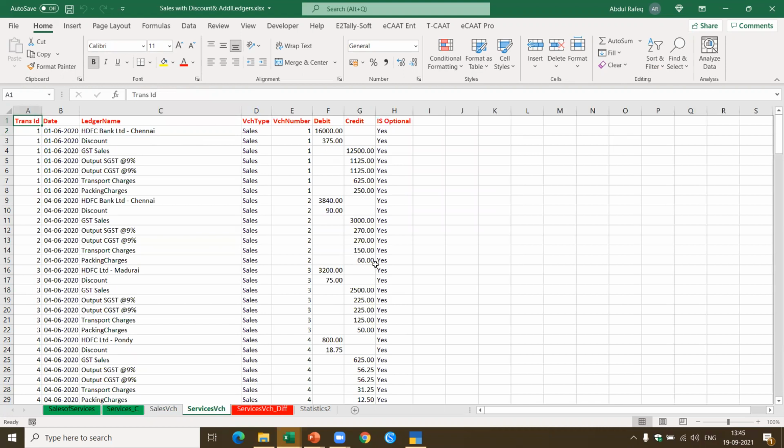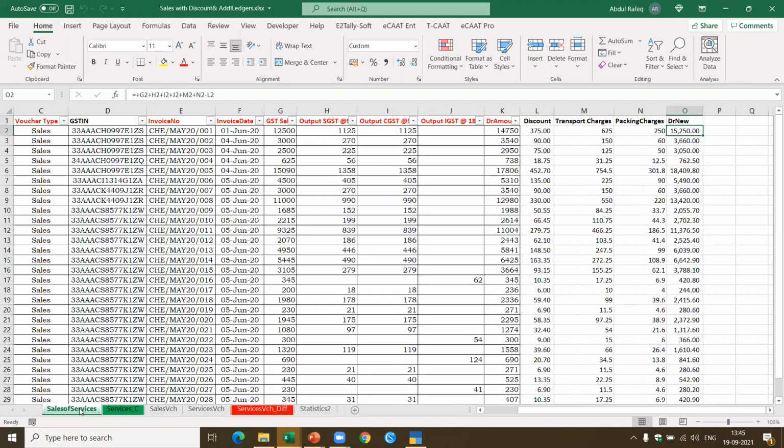You can also make this voucher optional. For example, if you want to implement the option of making the voucher optional, you can select this option, which means that when you import, it will not go directly and sit as a sales voucher. It will sit as an optional voucher. Somebody has to review and authorize it. They can review and authorize it, making it a normal sales voucher.